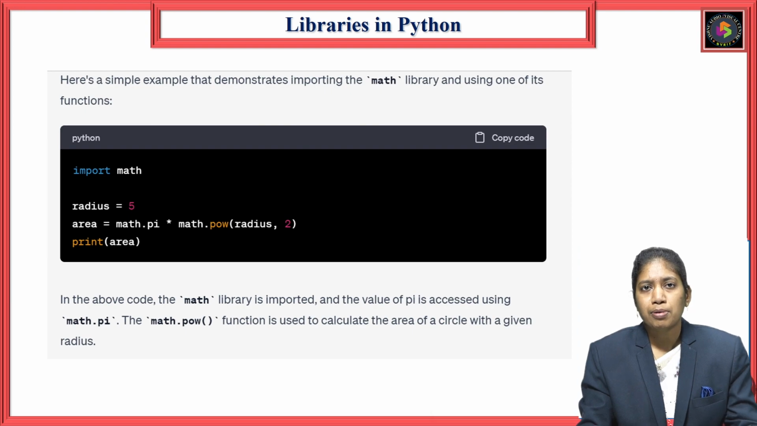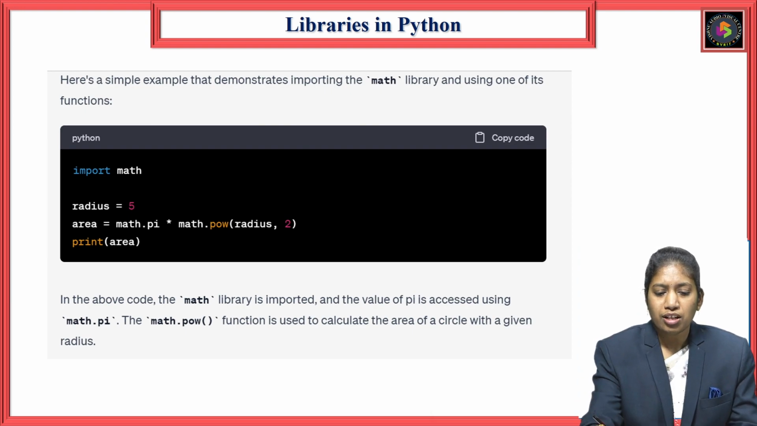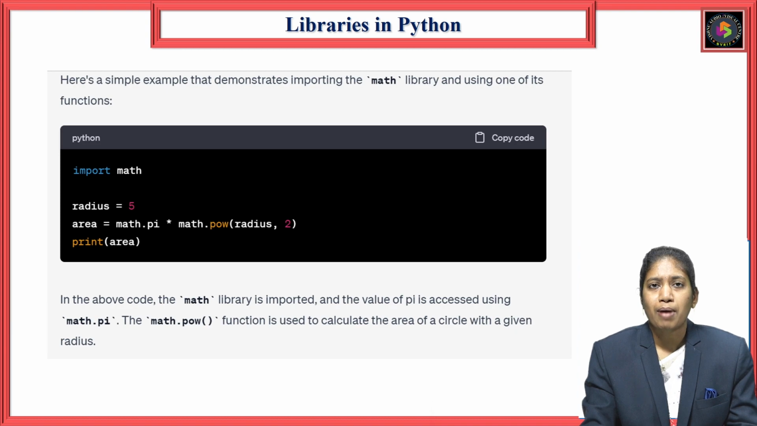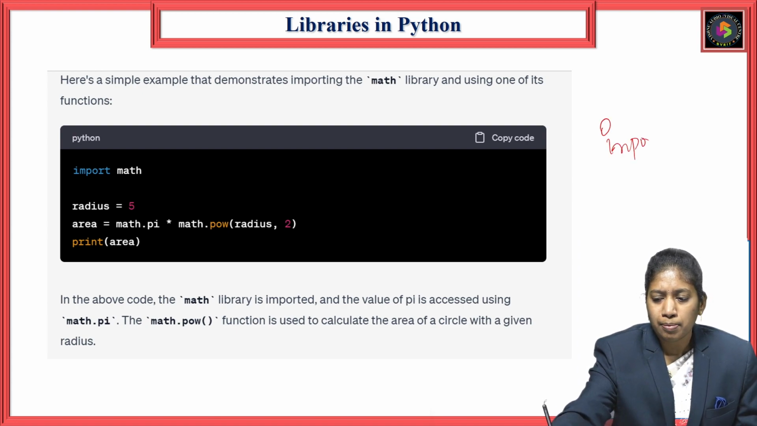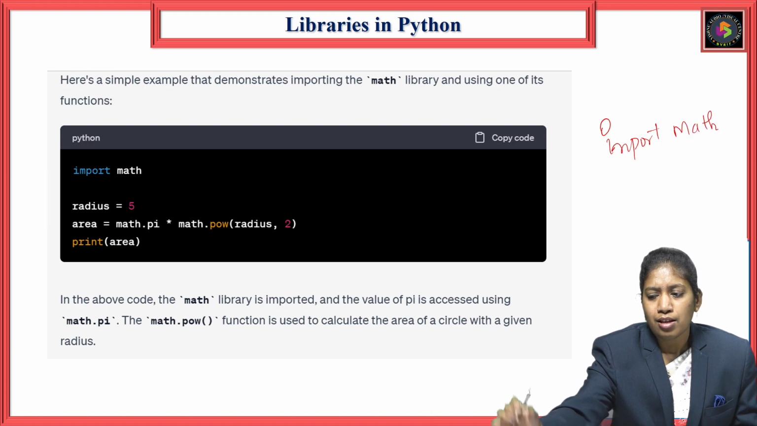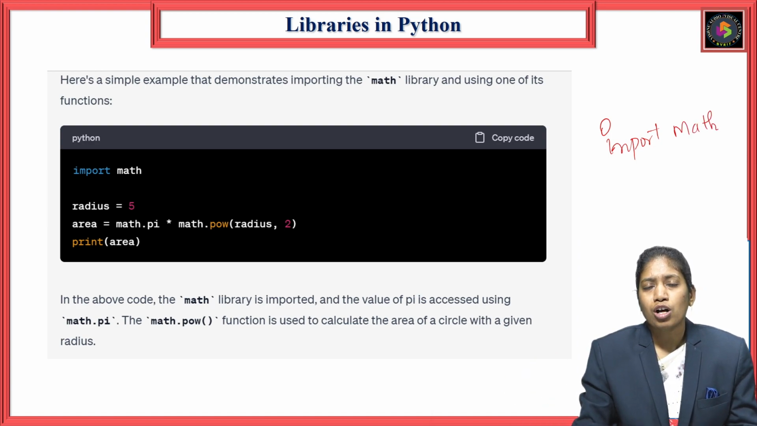Here is an example for importing math. Math is a library which performs some mathematical operations. All the mathematical operations, like square root and power functions, are built in. We need not write any logic for the square root and the power function. We can directly import those functions into our code. For that, first we need to import that library. So here I am writing import math. Whenever I use this statement, then all the modules, functions, variables, and classes in math